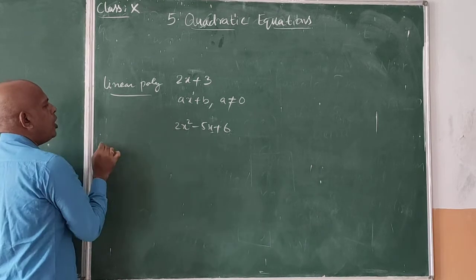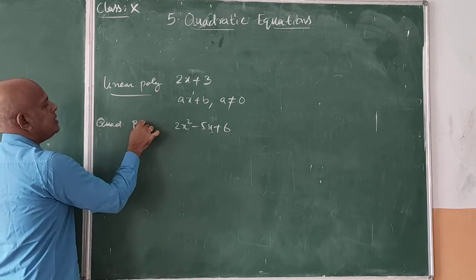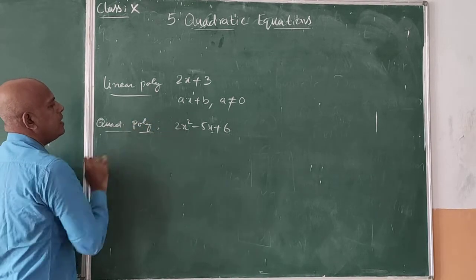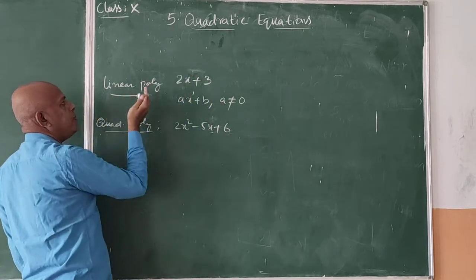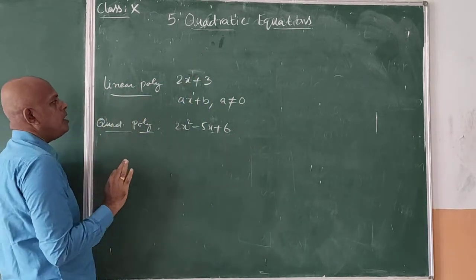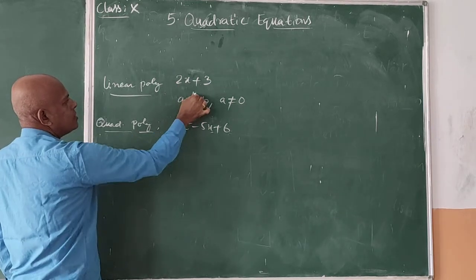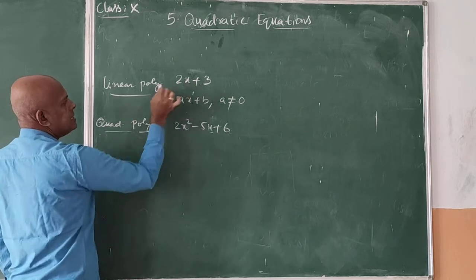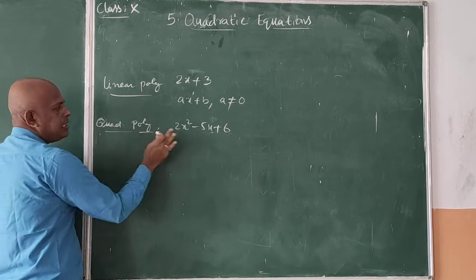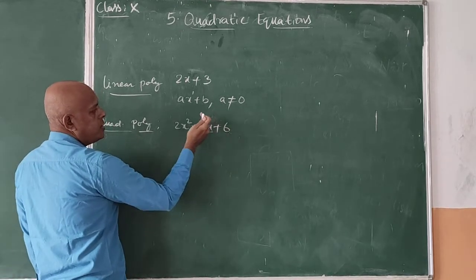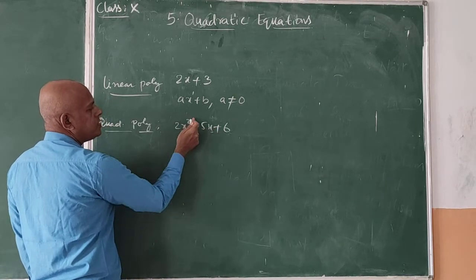This polynomial is called a quadratic polynomial. Our topic is quadratic equation, but I am connecting with polynomials because you have already learned about them. This is a linear polynomial because its degree is 1; this is the general form and this is the example. This is a quadratic polynomial because it has 3 terms: one constant term, one term of degree 1 and one term of degree 2.